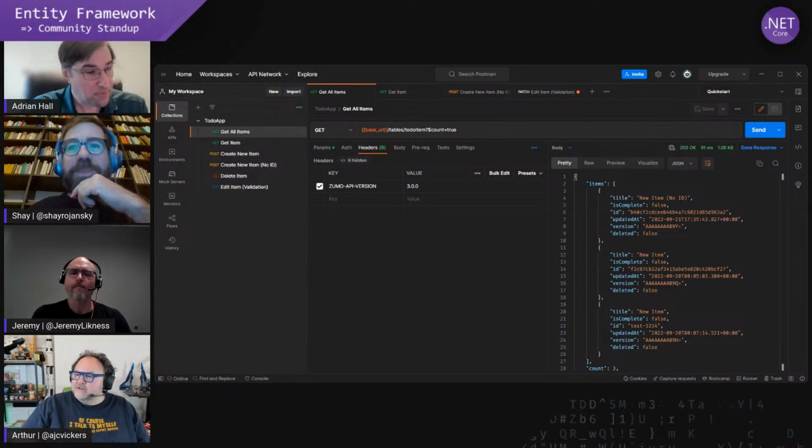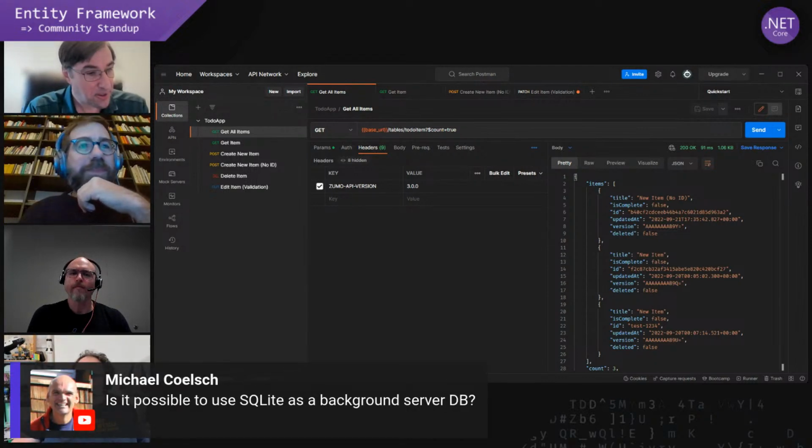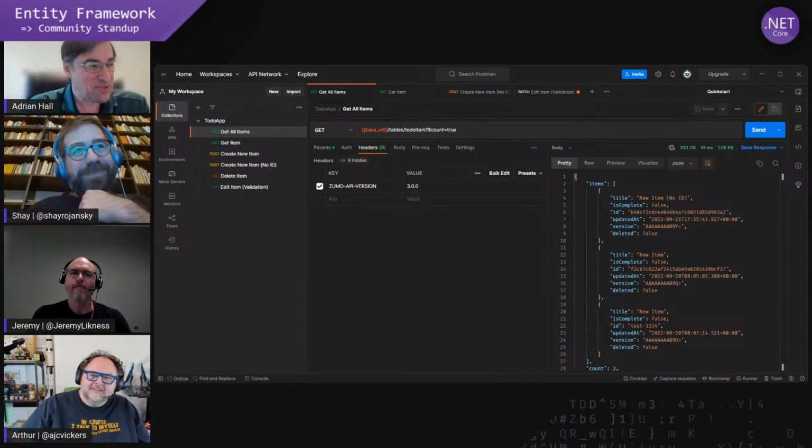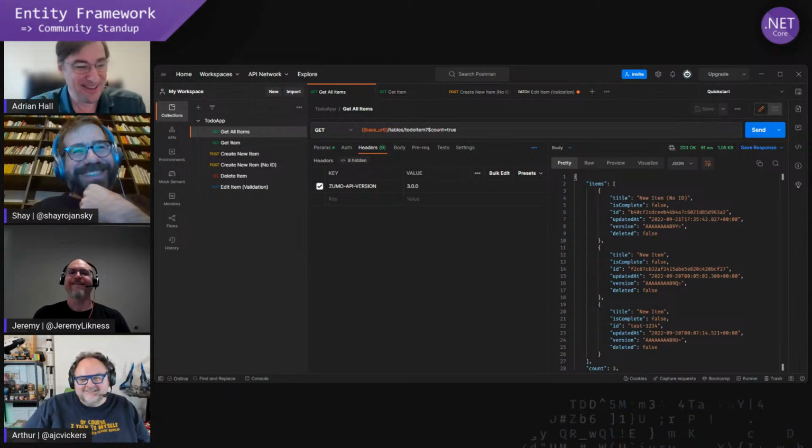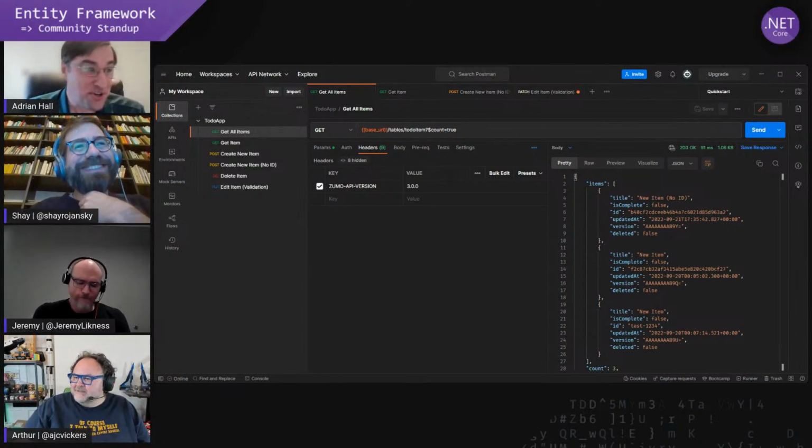Sounds good. And then I think this has come up before when we've talked. Is it possible to use SQLite in the background as the server DB? It's one of those yes, but. Yes, it is, but there's so much work to do in order to make it work.